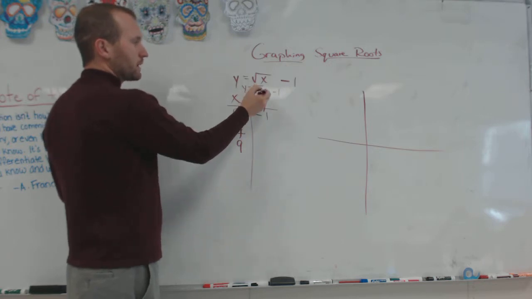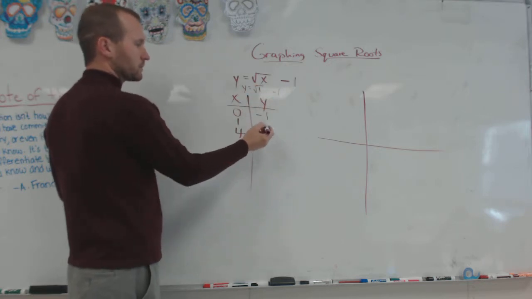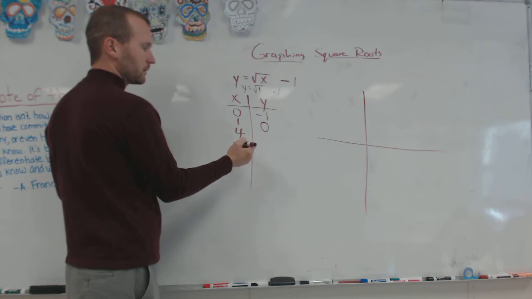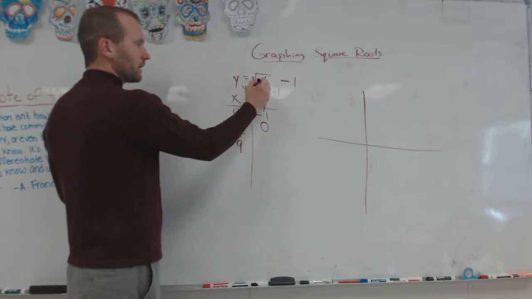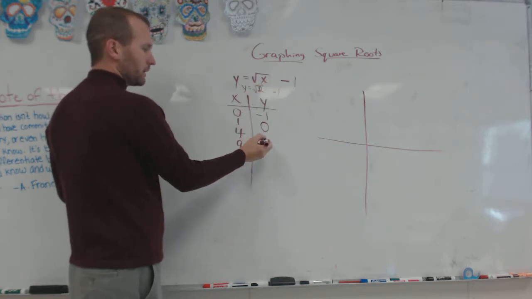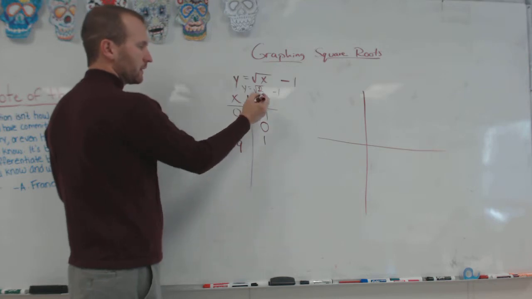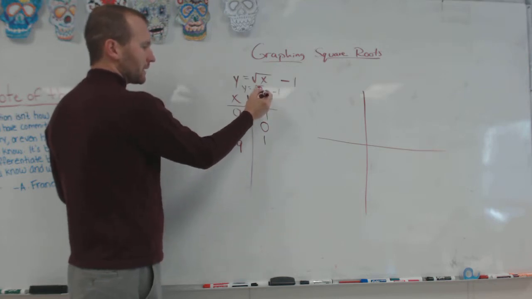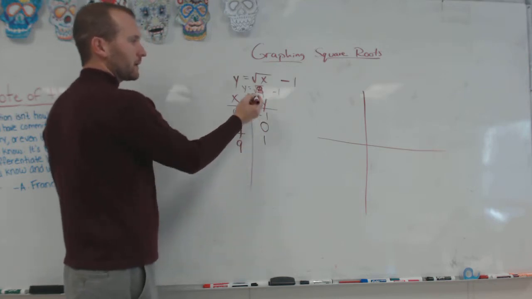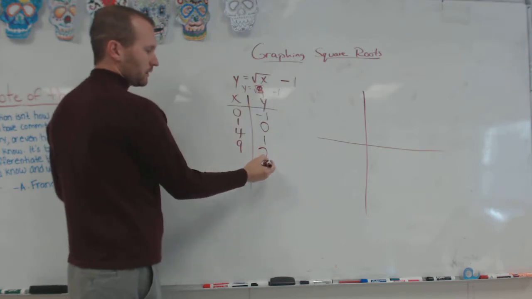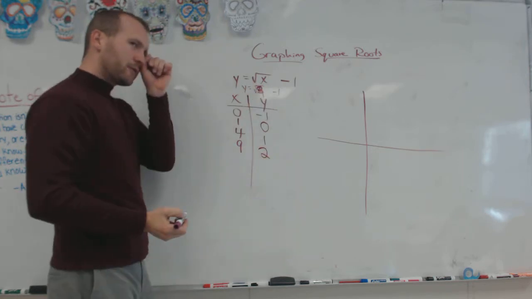When I plug 1 in here, I'm going to get 1 minus 1, so now I have 0. When I plug 4 in here, I'm going to get 2 minus 1, now I have 1. When I plug 9 in here, I'm going to get 3 minus 1, which is 2. And if you notice,